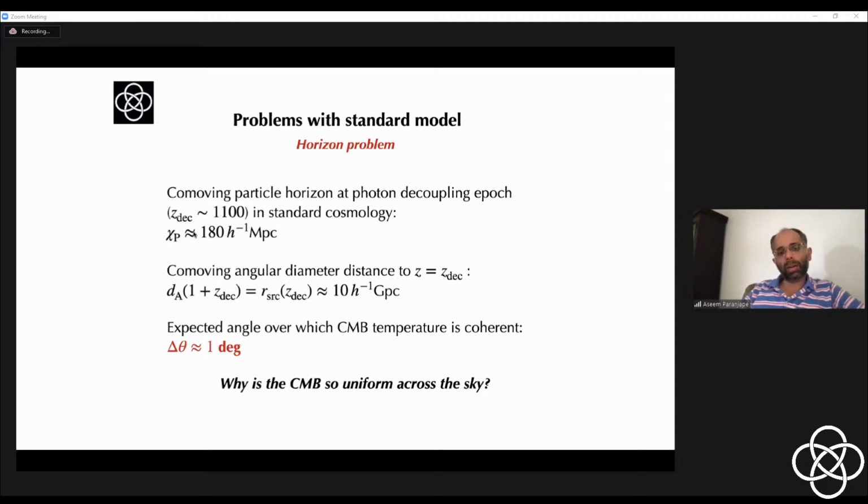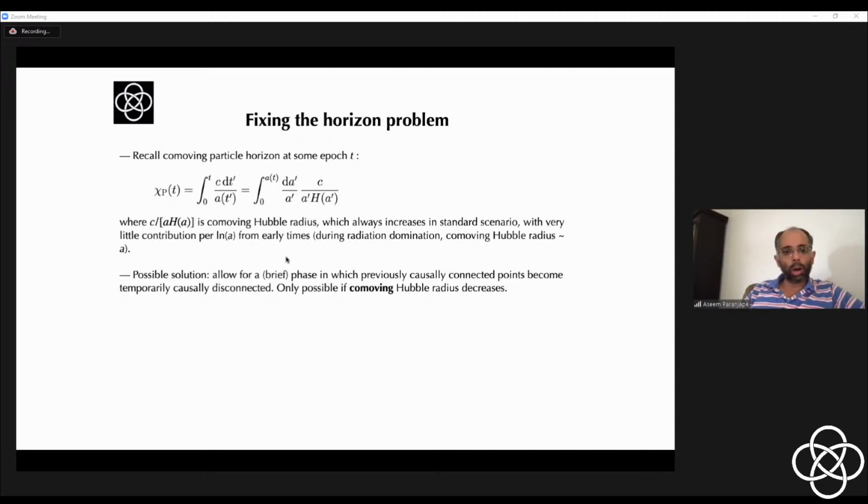You see, if this number were large compared to 10 gigaparsec, then I would be fine, right? Because then I could accommodate angles which are much larger than 1 degree. So in order to make this number larger, what can I do? One possible solution, which turned out to be a very interesting solution for theorists, and it became very popular, and it is now the currently accepted way of thinking about things for most people, is to say that let